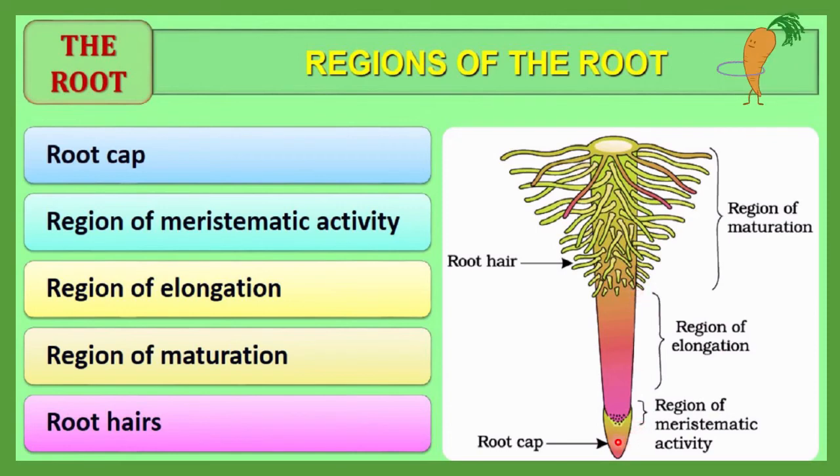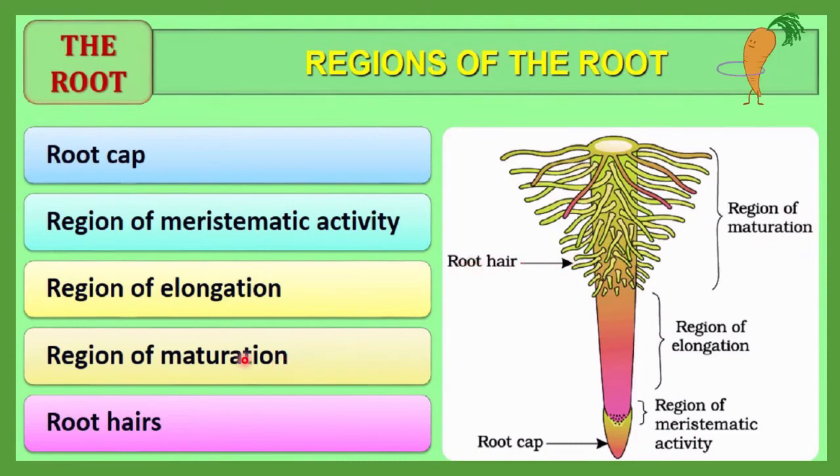So let me repeat, this is the root cap, right? And here a region of meristemic activity, that means here cell division is actively done. Number of cells will be increased in this region. Then in this region size of a cell will increase, and then here cell differentiation will occur. And as a result of cell differentiation, you will observe some cells will be converted into root hairs. Here you can see some cells will show you root hairs due to maturation.